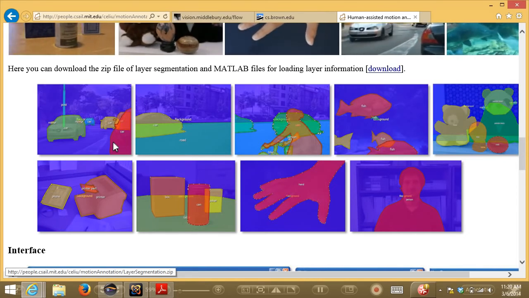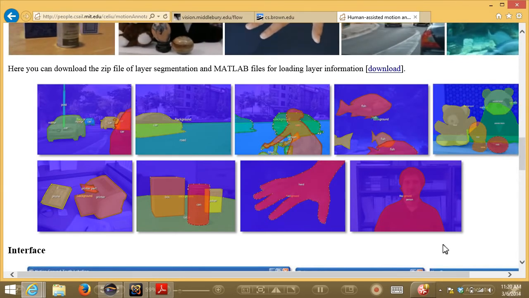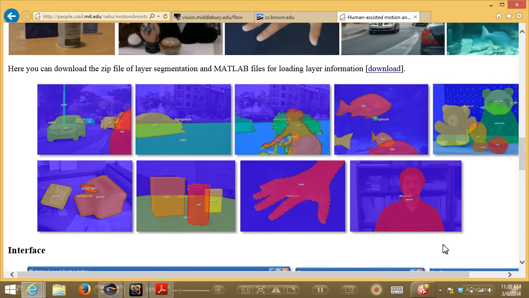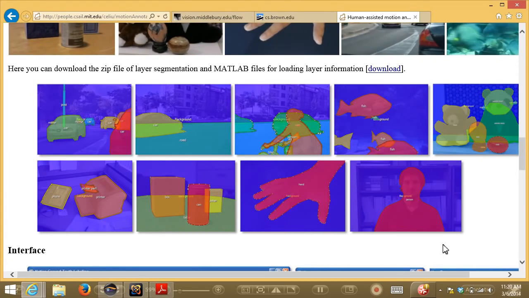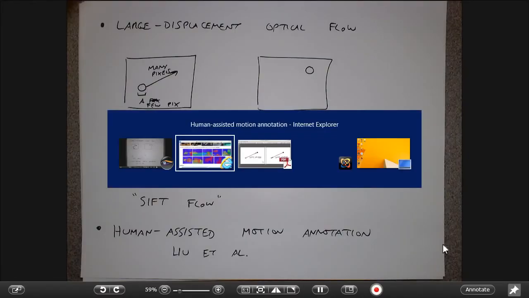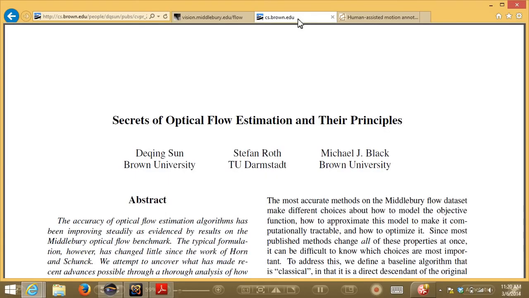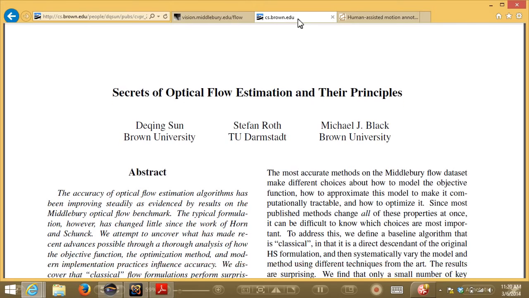So what I want you to do on the homework is basically this: I'm asking you to take 3 canned flow algorithms off the shelf, right? One is this Horn-Schunck algorithm. One is this algorithm, I guess I should say it here: there's also this algorithm from Brown, Secrets of Optical Flow. So if you read this paper, you don't have to read the paper, but this talks